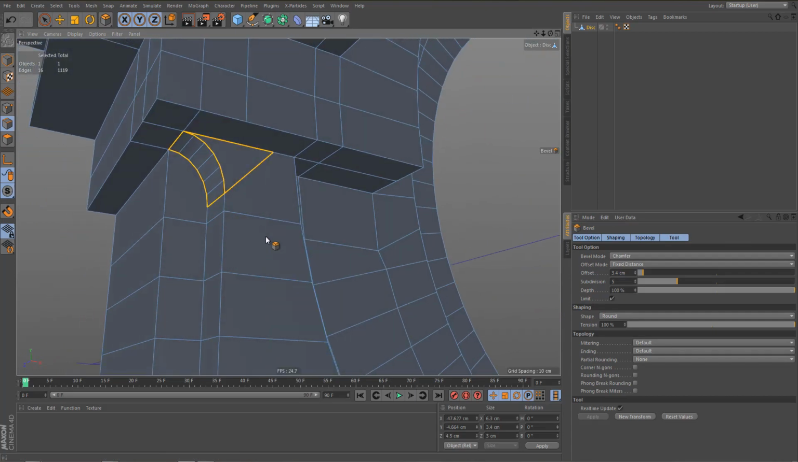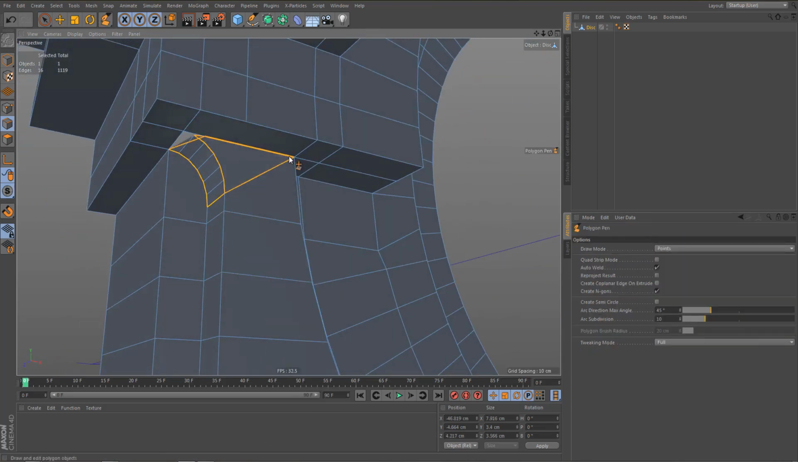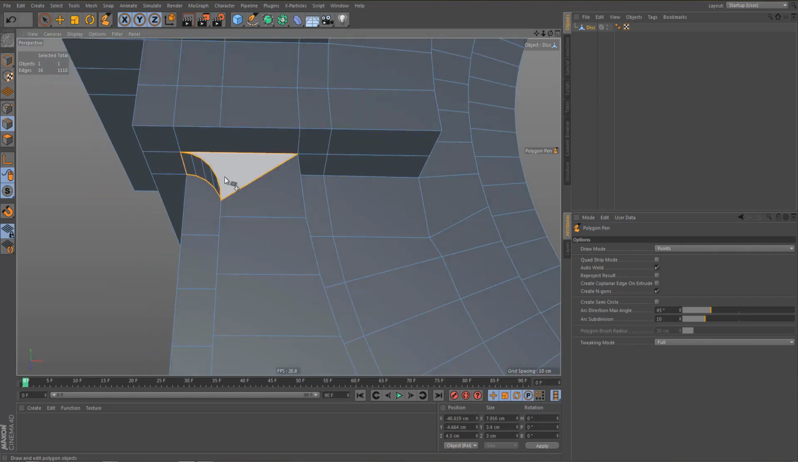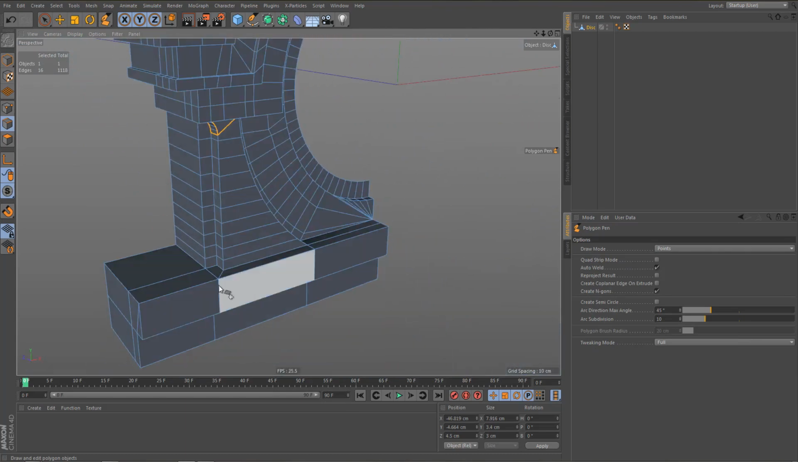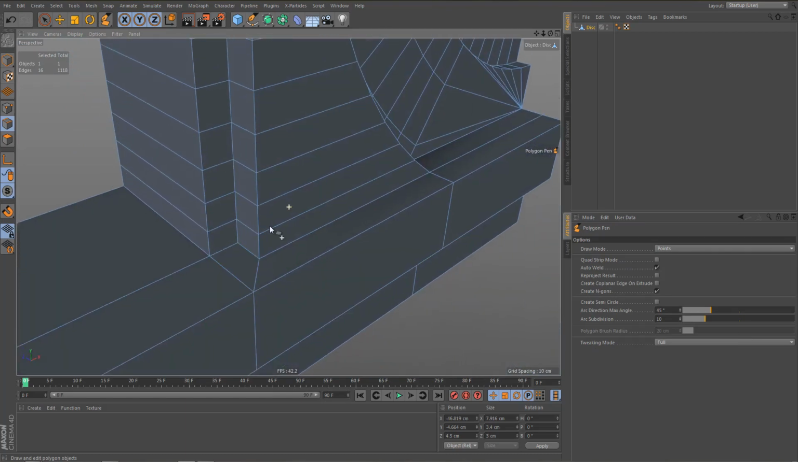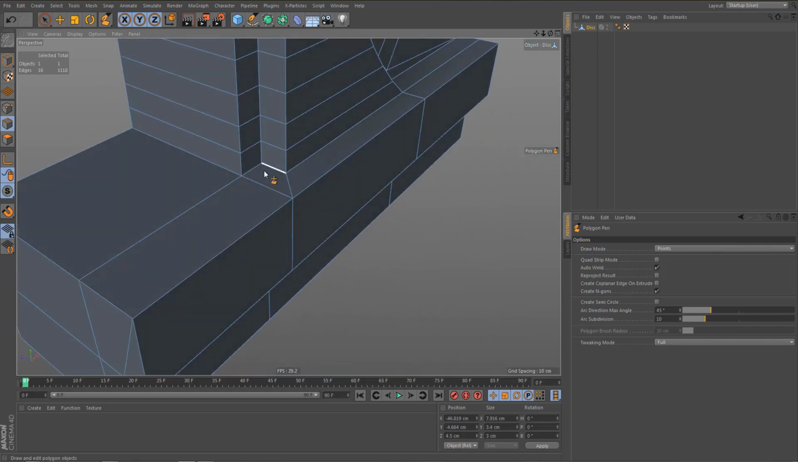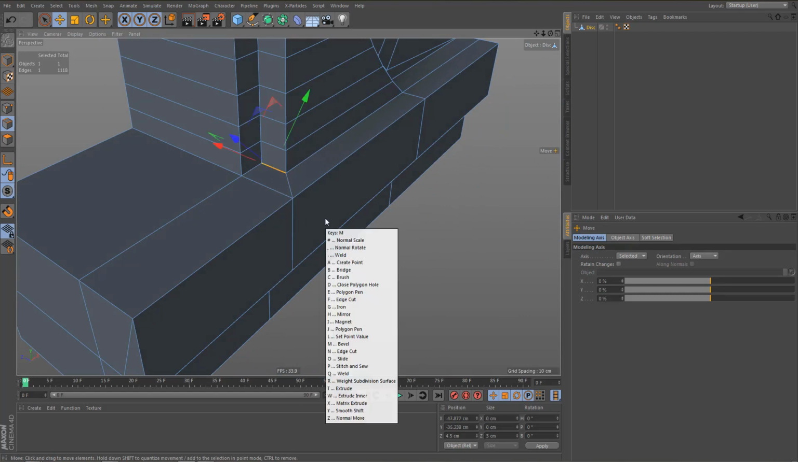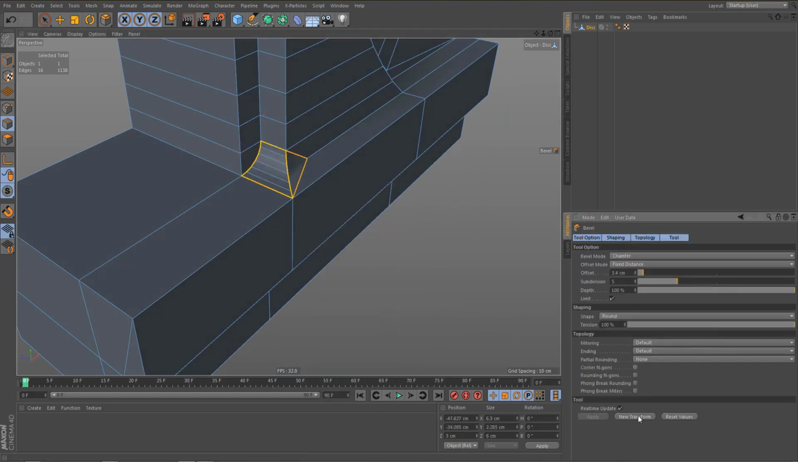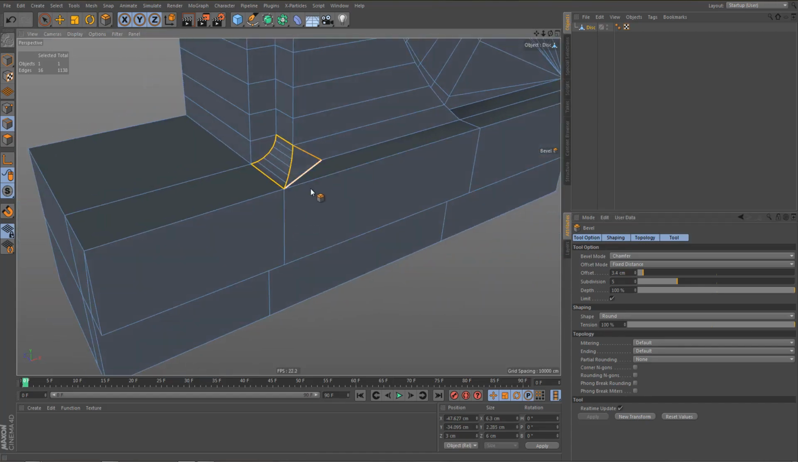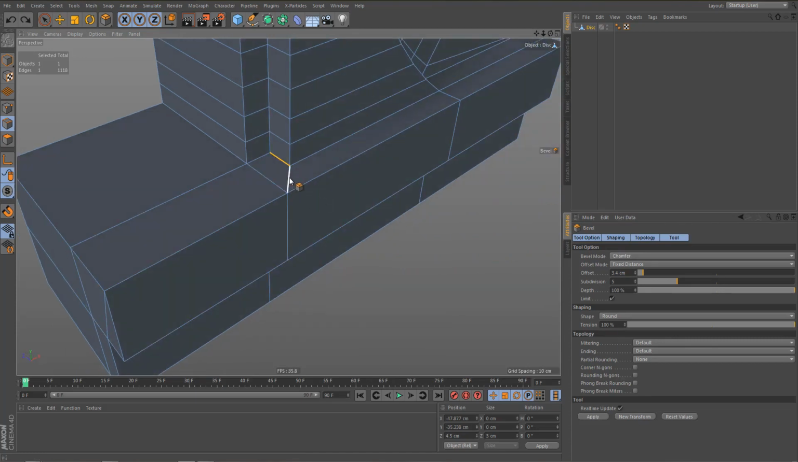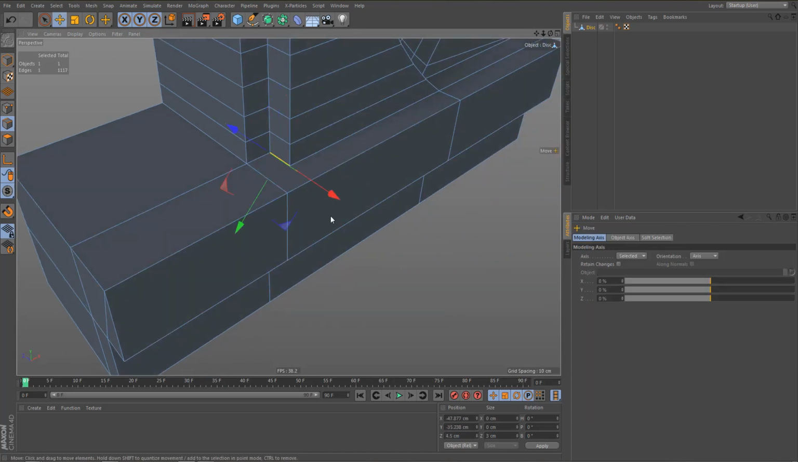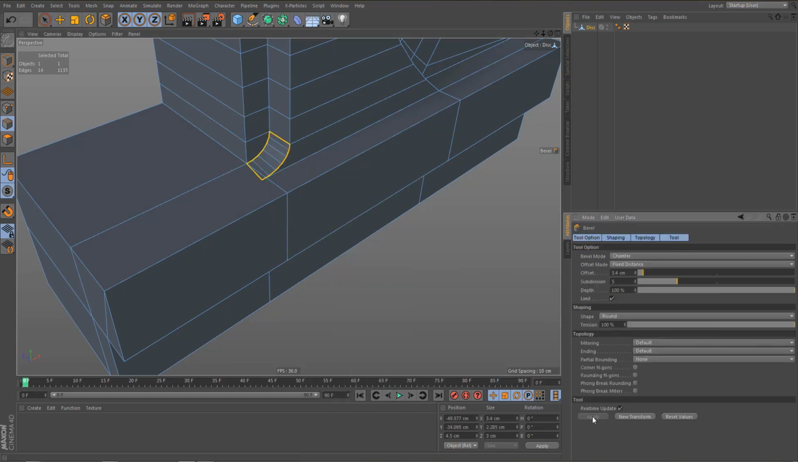Let's optimize, and I'm also going to weld this point to here. And down here I'm going to bevel this edge. Let's see how that turns out. And we have a similar problem as before, so I'm going to dissolve this edge for now. Bevel again,